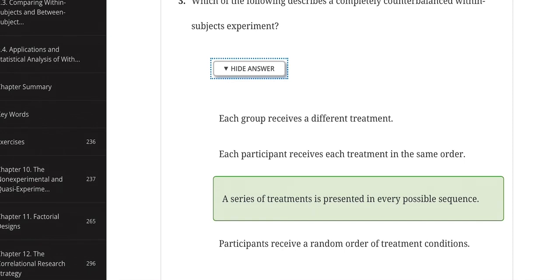So that is section 9.2. And if you guys have any questions,